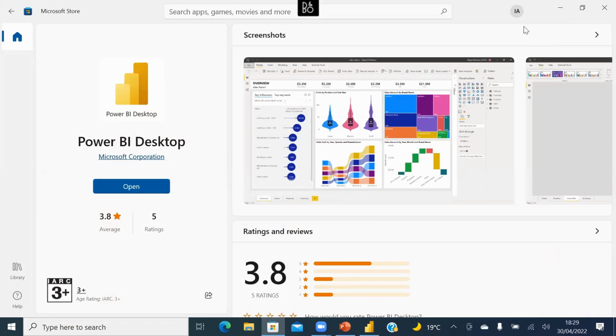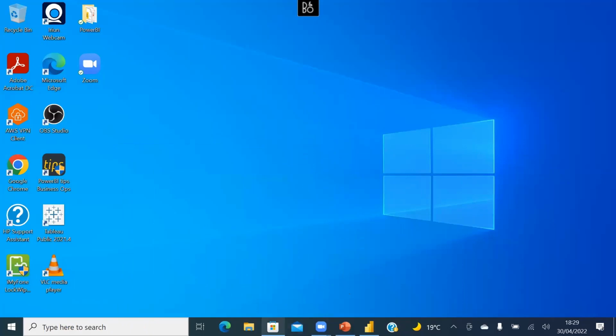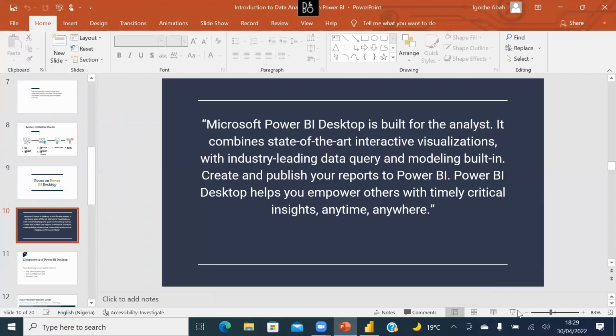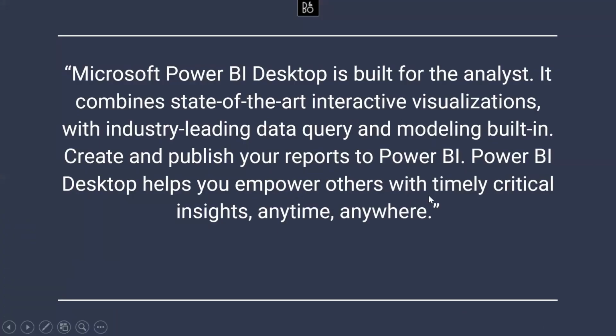If anyone is using Mac, you won't be able to install Power BI directly like this, especially if your OS is iOS, you run into issues. Power BI doesn't support iOS out of the box, right? I have no explanation for that, but we may have to do a lot of reworking before we get that to work. So I'm closing this for now. Let's go back to our slides.